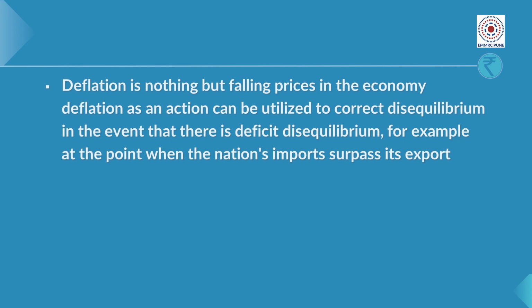Deflation as an action can be utilized to correct disequilibrium if there is a deficit disequilibrium. For example, when the nation's imports surpass its exports, this instrument is used to correct the disequilibrium in the balance of payment. Deflation will in general make domestic goods less expensive than foreign products, which increases domestic exports. This export will give more foreign exchange reserves to the country and there will be correction in the disequilibrium in